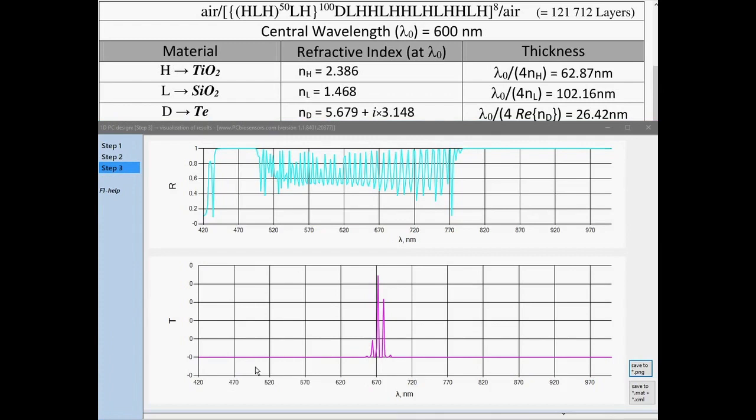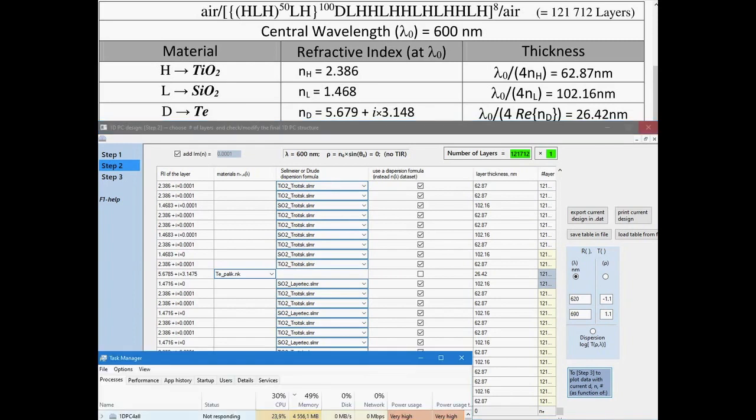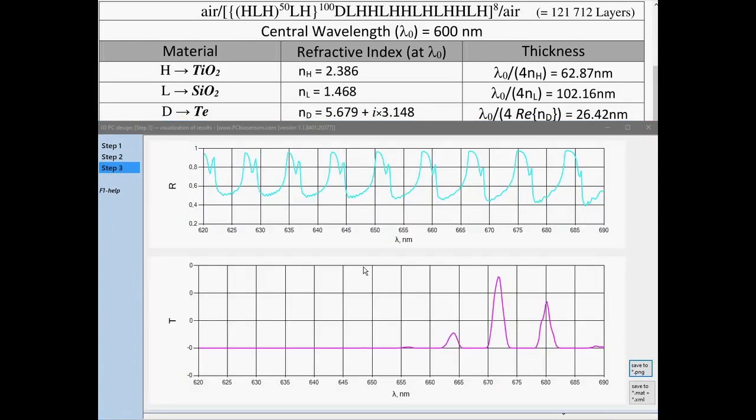So, here our program calculated this structure. The reflection spectrum of the structure looks like this. If the number of points were more, then the spectrum would look more beautiful. But even with this number of points, we can see in more detail here what kind of peaks we have. Therefore, let us calculate, for example, a part of the spectrum from 620 nanometers to 690 nanometers. We start and wait. Again, we look so that the memory does not go beyond 16 gigabytes. So everything is fine. So, the results appeared, and we see that we have such periodic peaks.